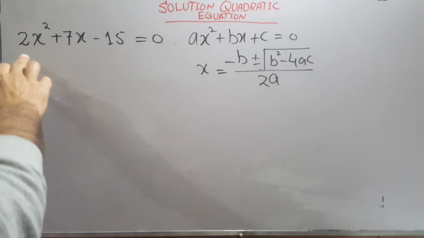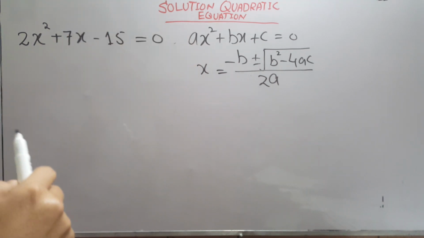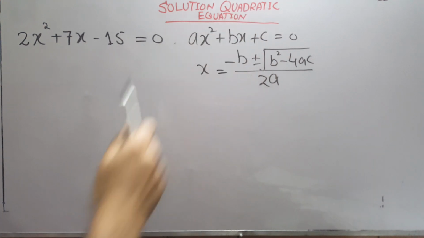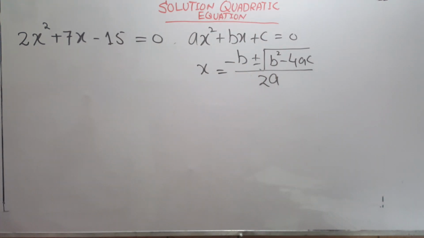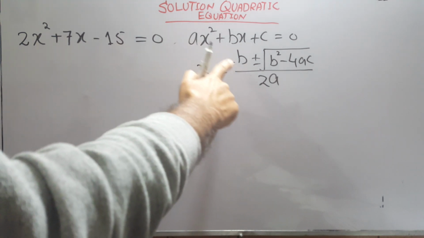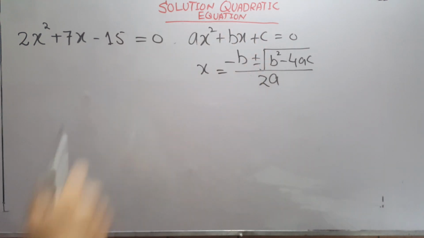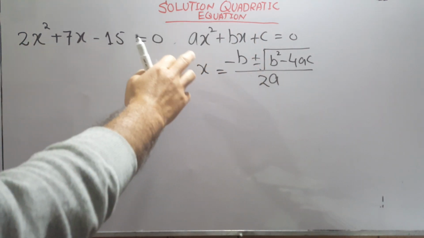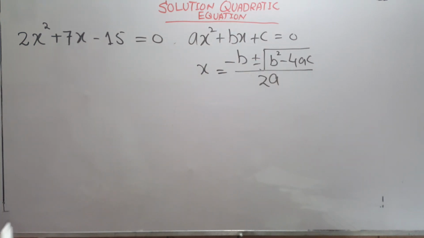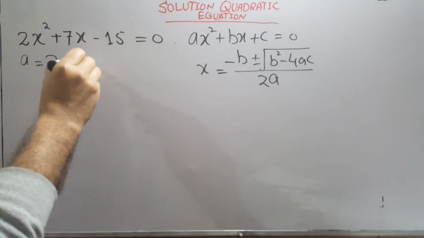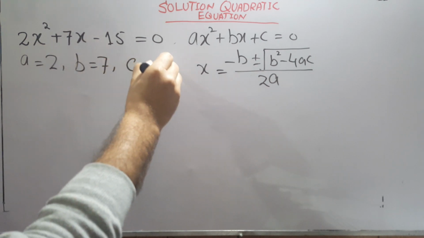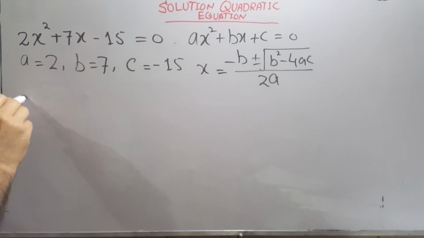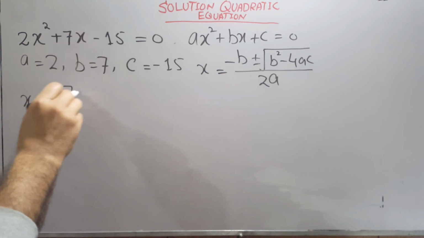So if you solve this problem with the quadratic formula, which is ax squared plus bx plus c equals 0, the formula is x equals minus b plus minus the square root of b squared minus 4ac, divided by 2a. Here a is the coefficient of x squared, b is the coefficient of x, and c is the constant. We can find these coefficients from this equation. We can see that a is 2, b is 7, and c is minus 15. So if we substitute these values into the formula,